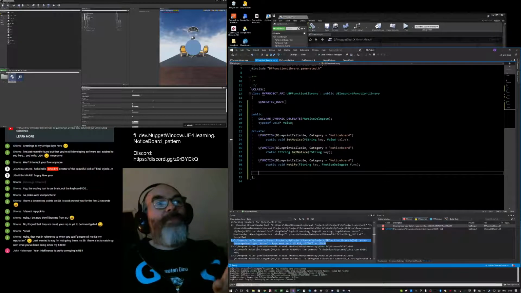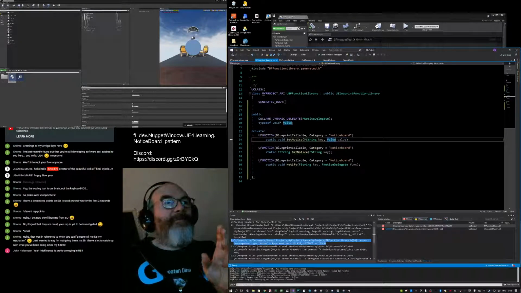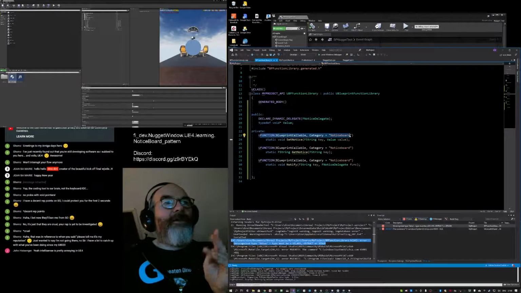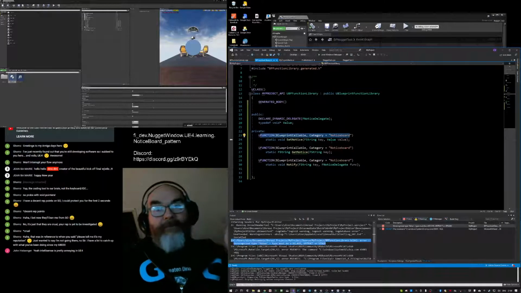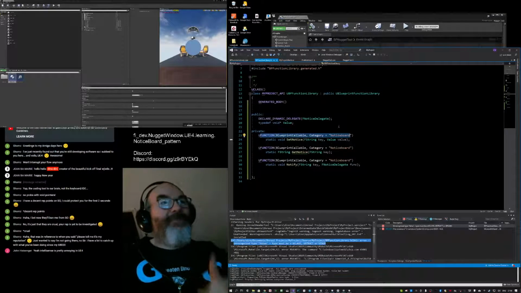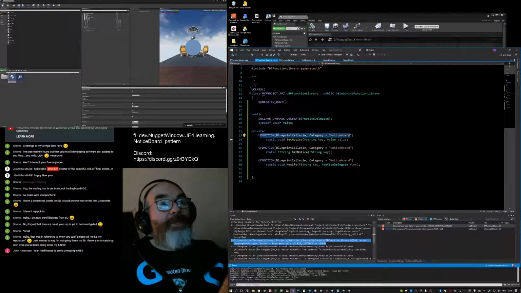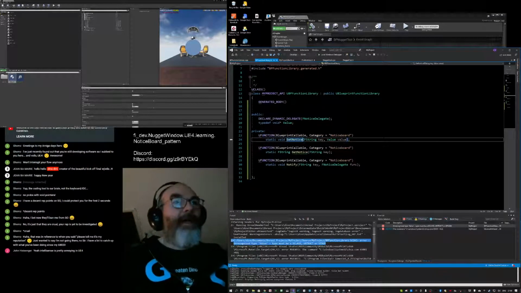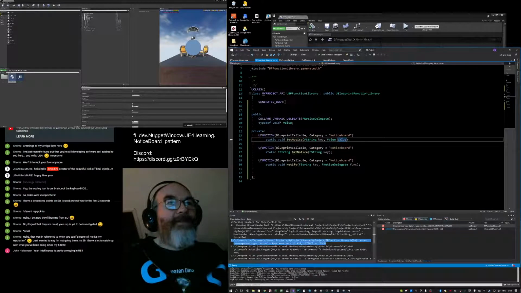The problem with this is that the U function is to make it usable in Blueprints, and Blueprints has no idea what value is, and it also doesn't have a void pointer. So what needs to happen here is I actually set the notice with the string.